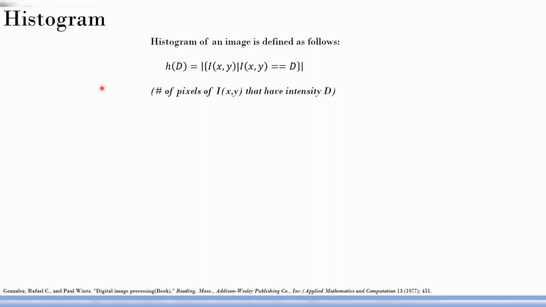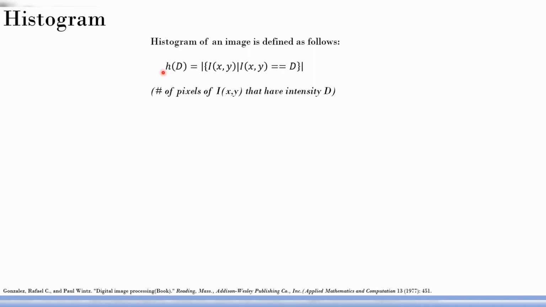The mathematical definition of histogram is something like this. Okay. So H of D, histogram of D. D is nothing but intensity. This intensity is anywhere between the allowed minimum intensity to the allowed maximum intensity. So for example, if it is an unsigned int 8 representation of an image, that means the image can take intensity from 0 to intensity 255, right? The number of times each of these intensities occurs in that image, the plot of that occurrence against the intensity, is what histogram means here.